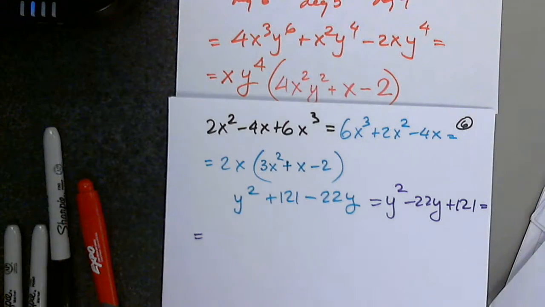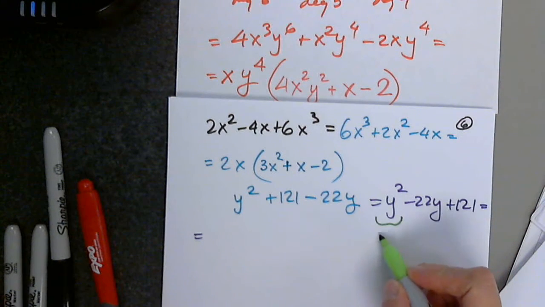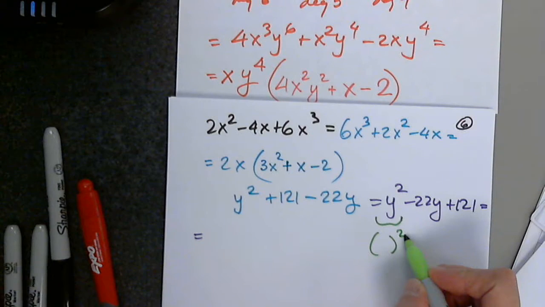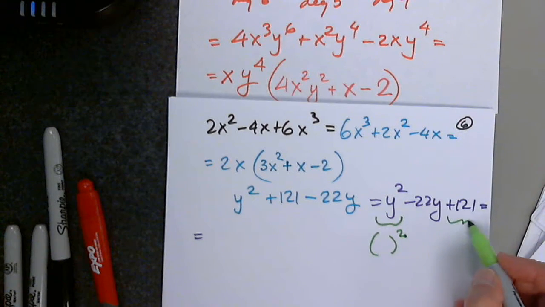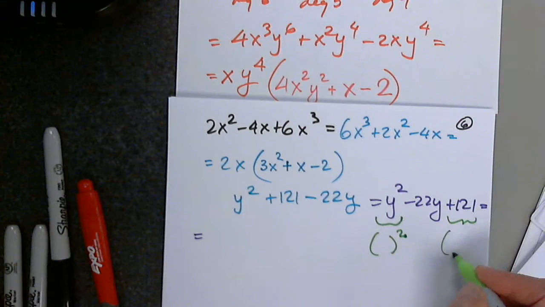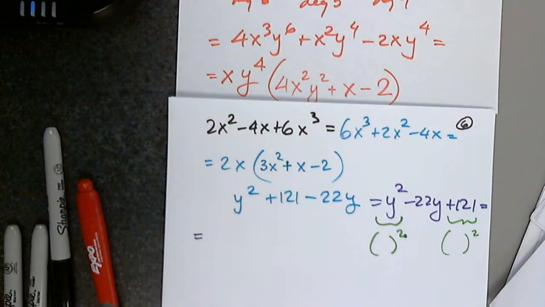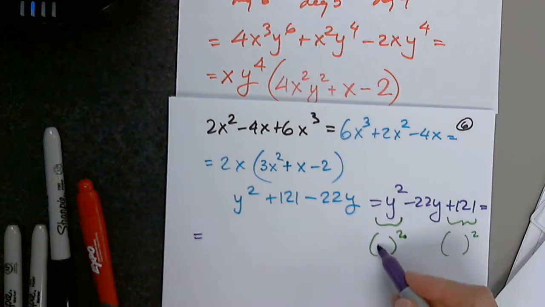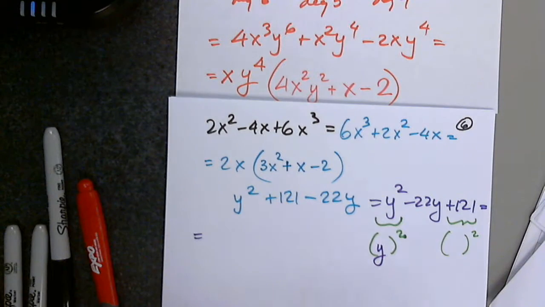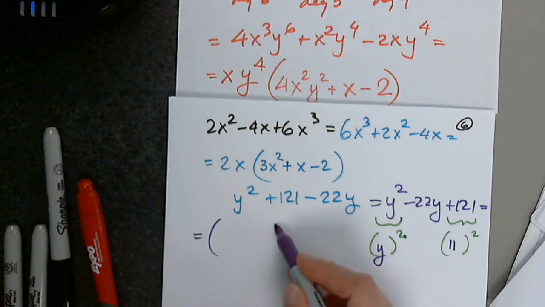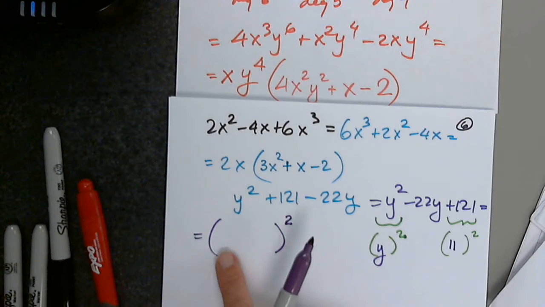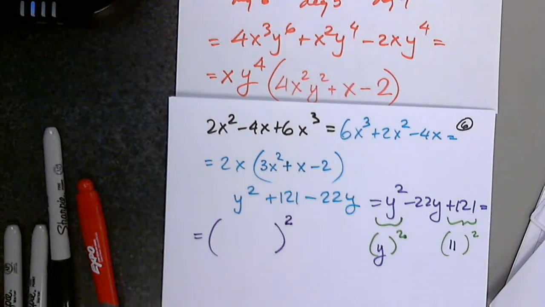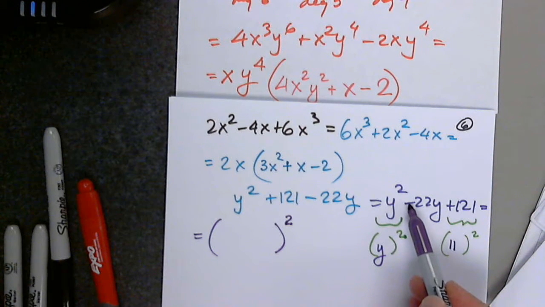So, like before with the difference of squares or difference of cubes or sum of cubes, I'm asking myself, is this a perfect square? Y squared. Then I'm asking myself the same way like I did with the last term, if this is a perfect square. So, is y squared a perfect square? Good. So is 121 a perfect square? 11. What do you expect to get then? What do you expect to get in here? You expect to get y minus,